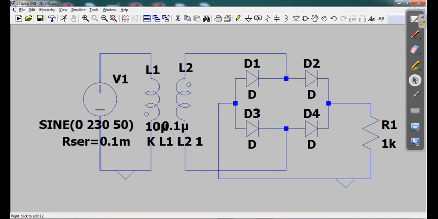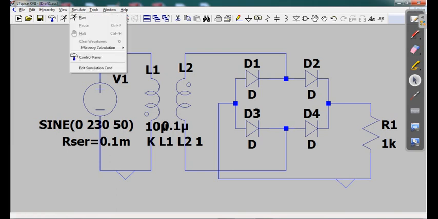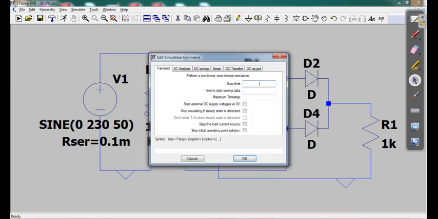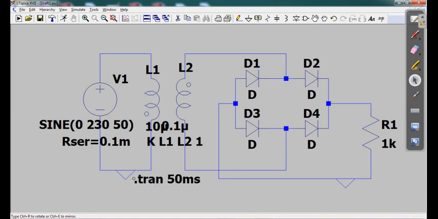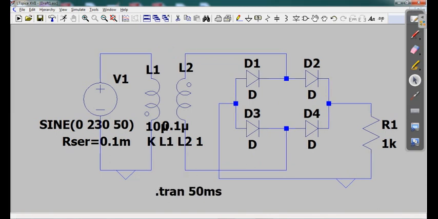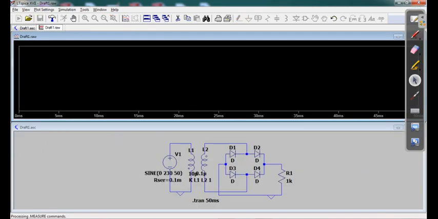Okay, so we have given all the values. Now in the simulate, go to the edit simulation, and here you give the stopping time say 50 milliseconds. For 50 milliseconds suppose we want to observe, click OK, and now click on run and let us see the simulation.